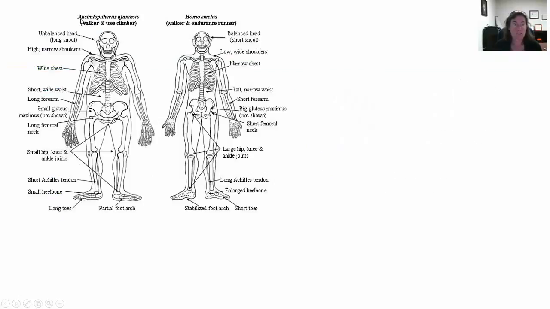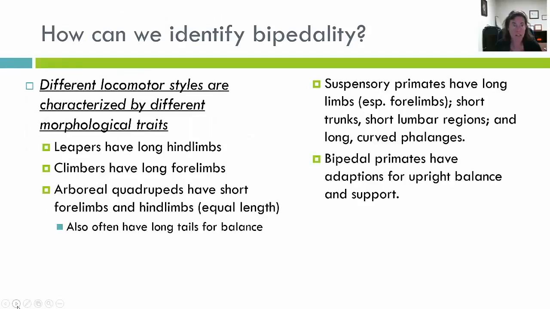So this is an example of Australopithecus afarensis and Homo erectus, and you can see some of the anatomical differences between the two. So how can we actually identify bipedality in the fossil record? Well, we can tell by exploring several aspects of their morphology, and that is different locomotor styles are often characterized